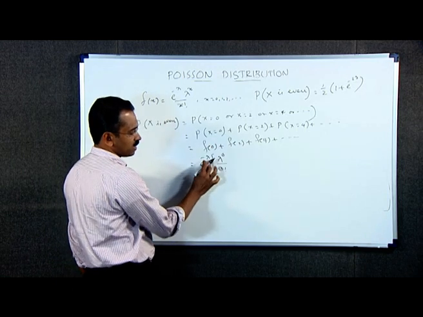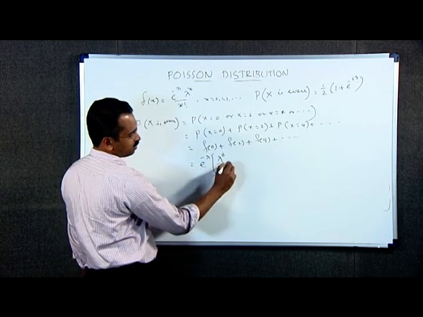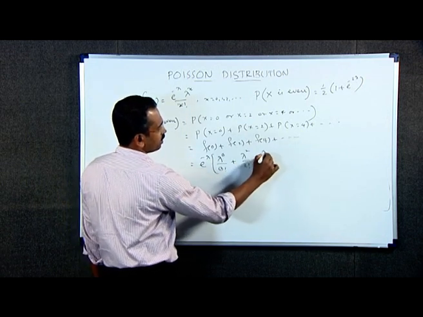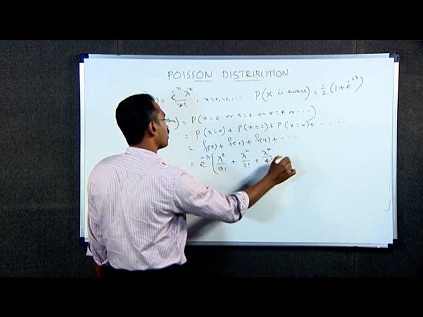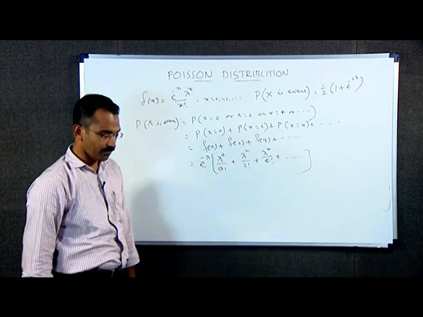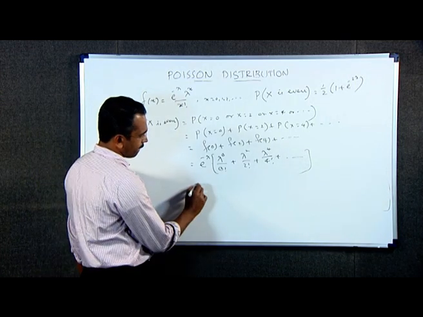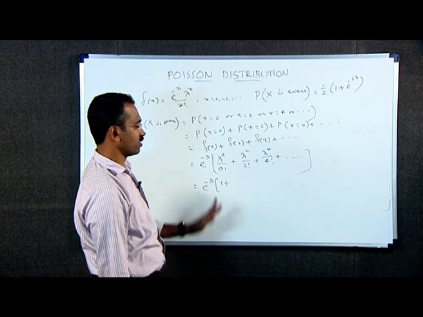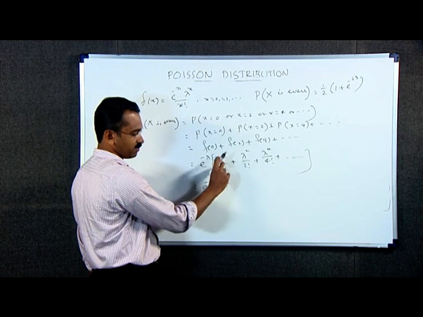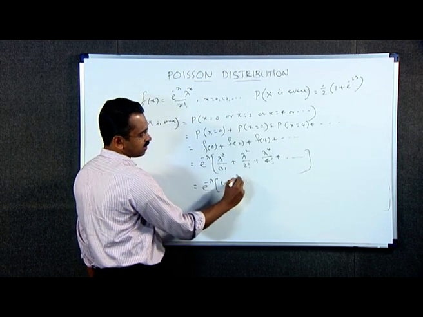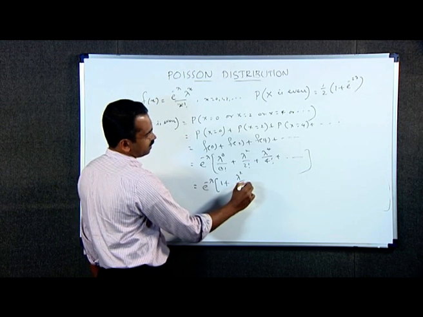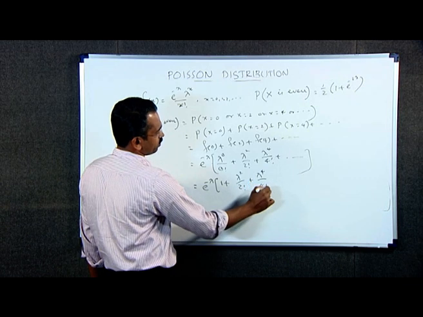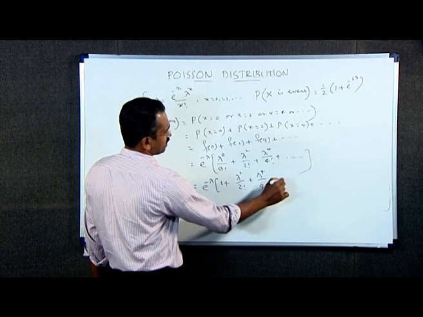Therefore, f of 0 is e raised to minus lambda into lambda raised to 0 divided by 0 factorial, plus this is lambda square by 2 factorial, this is lambda raised to 4 by 4 factorial, plus etcetera, which is equal to e raised to minus lambda into 1 plus, lambda raised to 0 is 1, 0 factorial is 1, therefore the first term is 1, plus lambda square by 2 factorial plus lambda raised to 4 by 4 factorial plus etcetera,